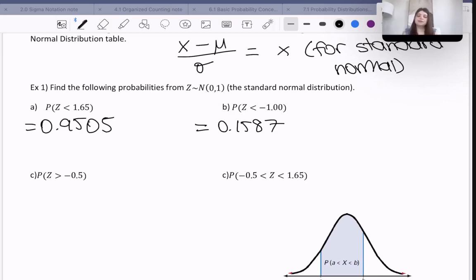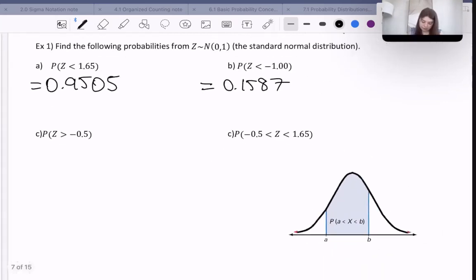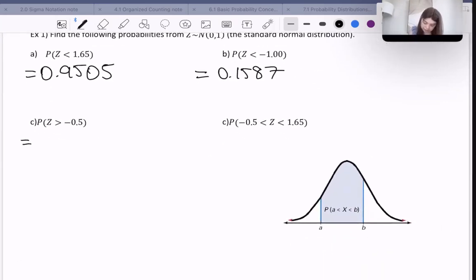All right, what's the probability that our z-score is greater than -0.5? To be clear, this is going to be the same as 1 subtracted from the opposite: 1 subtracted from the probability that z is less than -0.5. And if we go back to our z table,